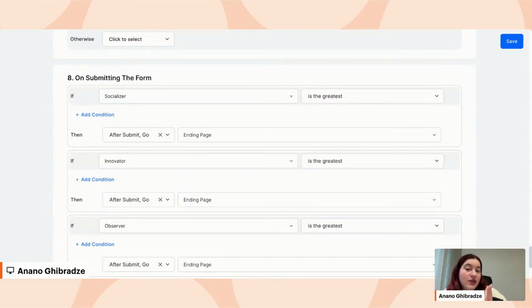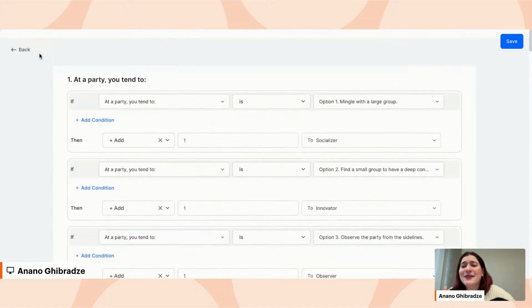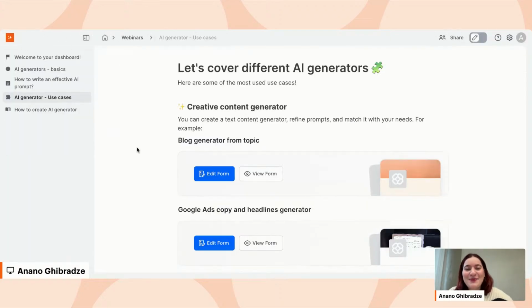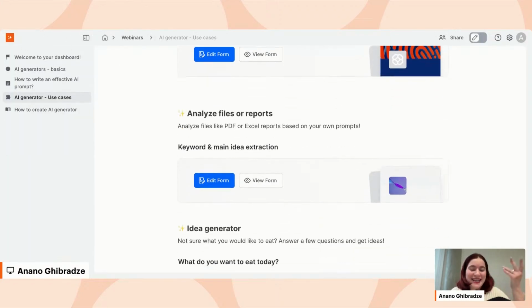So for example, if the socializer variable is the greatest, they're going to go to the ending page, which is the socializer. And then on this ending page, we have this AI generated creative response that they're going to get, all these descriptions for the socializer. What are the benefits of this? What does it mean for them? So this is also one way you can use AI with different and multiple ending pages. I keep saying landing pages, but I mean ending pages or